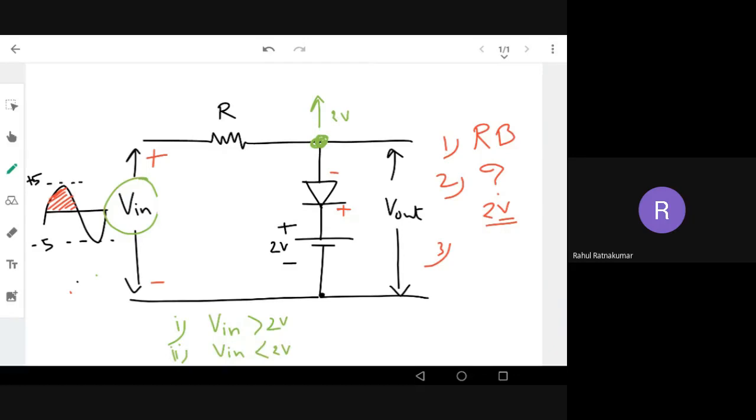So we know that with V in less than 2 volt, the diode is definitely in reverse bias. When the diode is in reverse bias, it is cut off. That means this is the circuit state. We can see this is completely infinite resistance, or cut off. So all the input is going to come across that point. And you can see the battery here. Very important: the battery is also not in a closed path. There is no closed path.